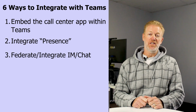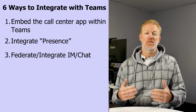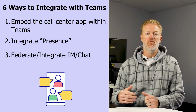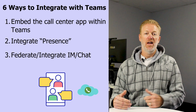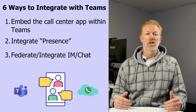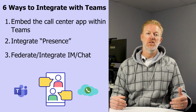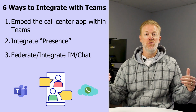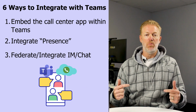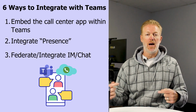The third integration, and this one's kind of rare, but some service providers offer this, is the ability to federate the chat, like the instant messaging feature, from your cloud call center software and Microsoft Teams phone, or Microsoft Teams even. So your cloud call center software has instant messaging as a feature, and so does Microsoft Teams. Well, obviously those are two separate platforms, but some service providers offer the ability to federate those two chat platforms so that your agents and phone system users don't have to keep switching apps if they want to just instant